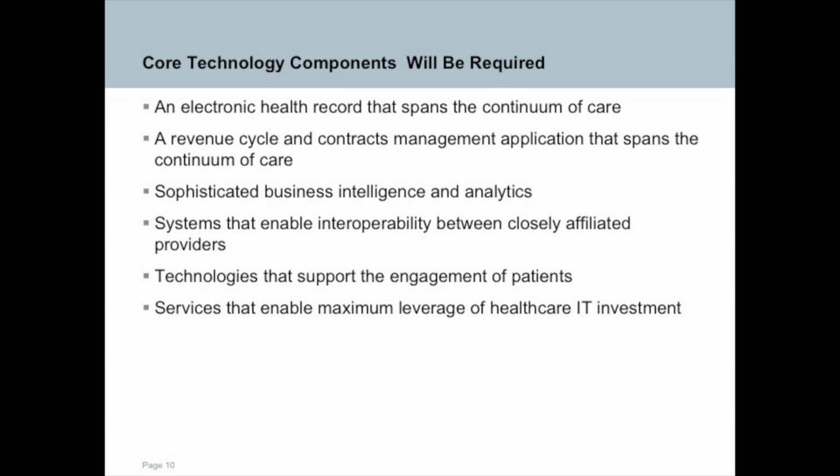A lot of BI activity, obviously, to measure costs and quality and to do predictive this and predictive that. Along with the interoperability, the health information exchange, and obviously to broaden into, I hope, more of an API service orientation. Engaging patients in lots of ways that I still don't think we understand very well about how best to engage patients. And then last but not least is a series of services that say I spent a boatload of money on this stuff, it's agonizing to put it in, I got to get the yield. And so how do I make sure I design my processes, utilize it correctly, et cetera. Striking to me, and just to show you where the industry is, you can go into a number of C-suite conversations, talk about all this data they're going to need.